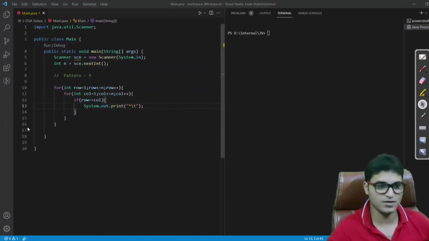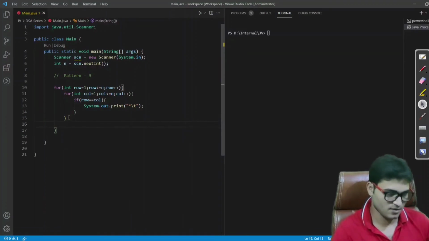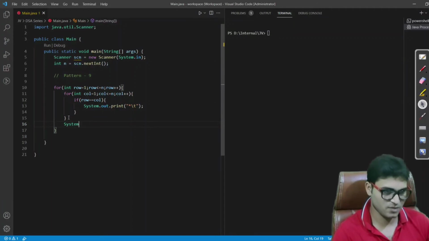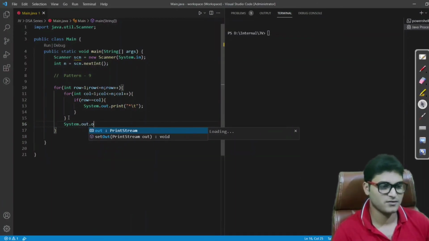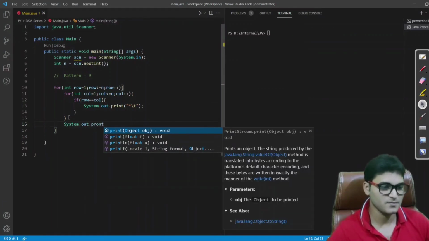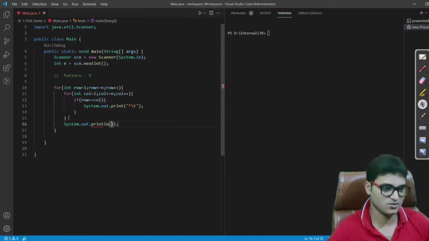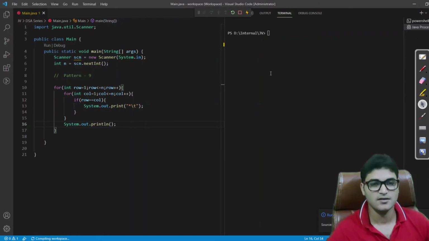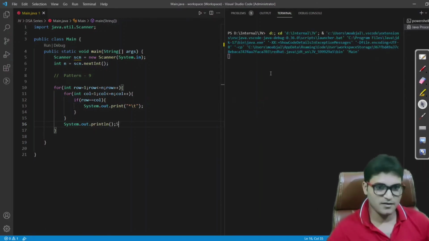If you run this loop after breaking a line, because in each row we have to break the line also. If you run this, then it would print the pattern for, let's see, 5.